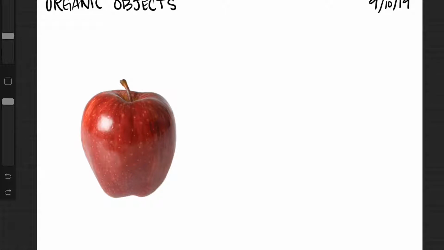And so we're going to do 3 different fruits today. We're going to start with an apple, and then move on to a pear, and then we'll do a lemon whose axis is a little bit different. So with this, you really want to use a sketching pencil. And the first thing we want to do is get the axis